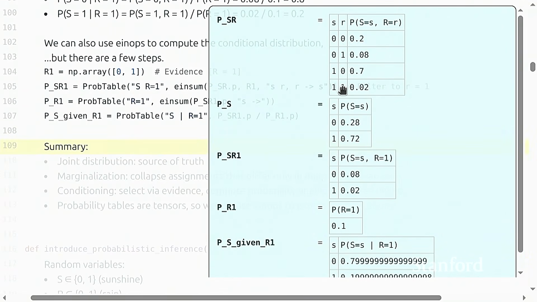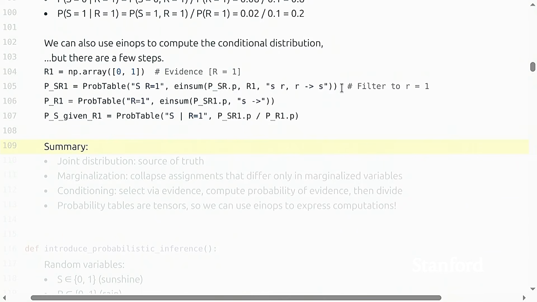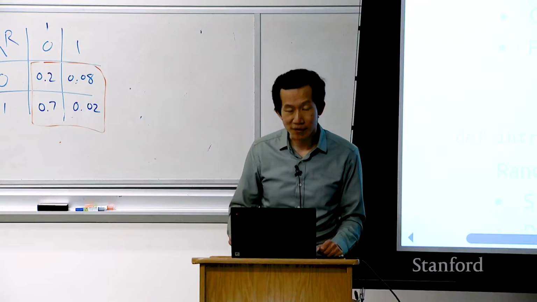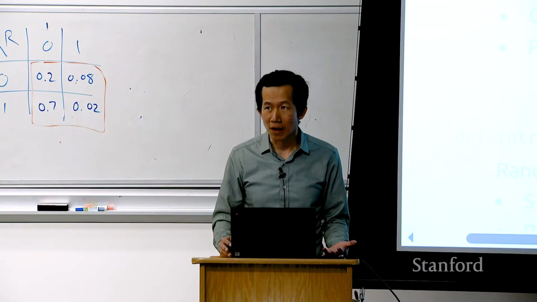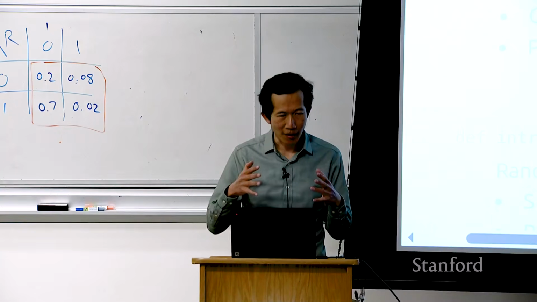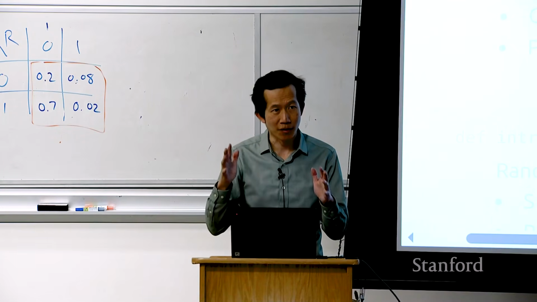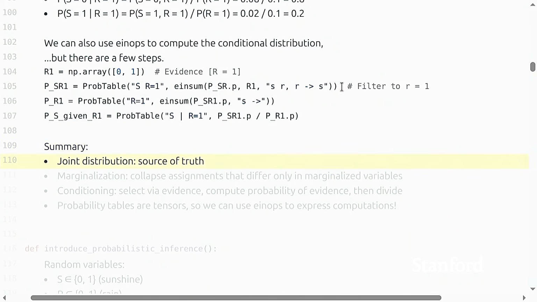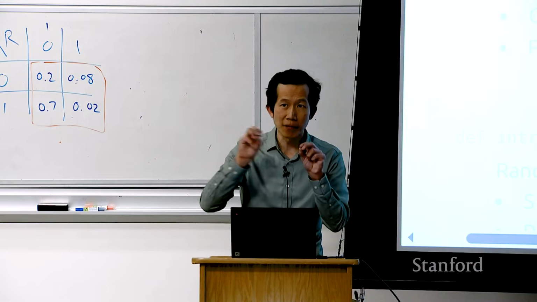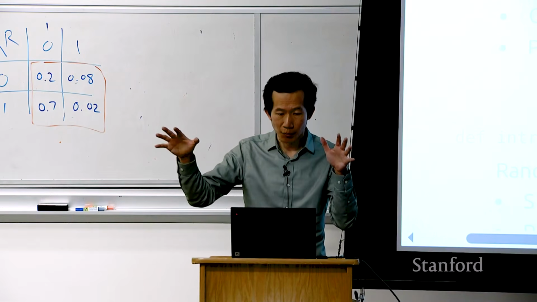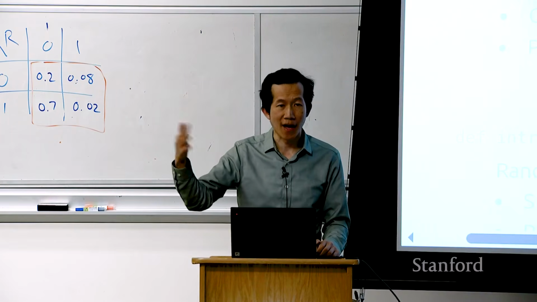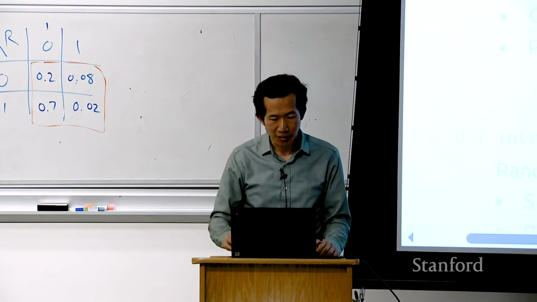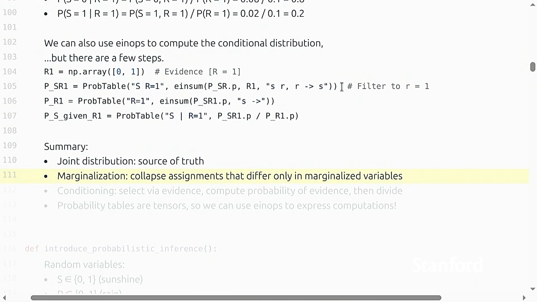Okay, so let me summarize. I think many of you probably have experienced probability and done probability before. I think it is important to have the right kind of conceptual intuitions for what all the probabilities represent. So, joint distribution, we can think about this as a source of truth. Remember, we're modeling states of a world. So for every assignment, which is a state of the world, I have the probability that that state occurs. And then everything derives from the joint distribution.